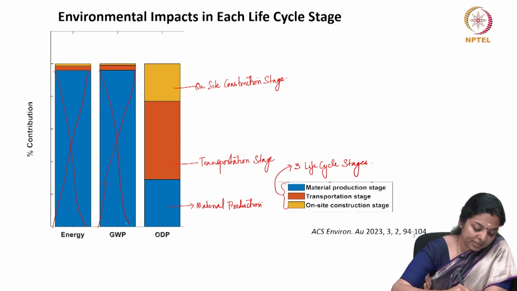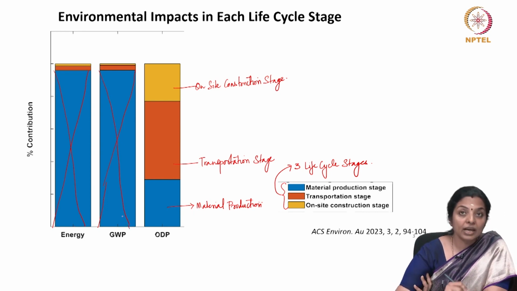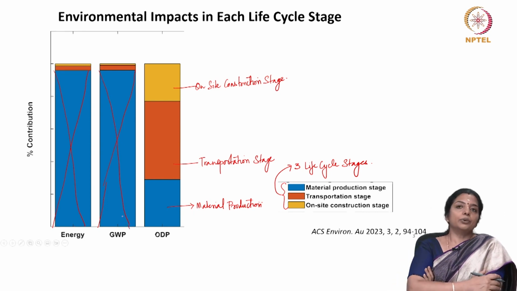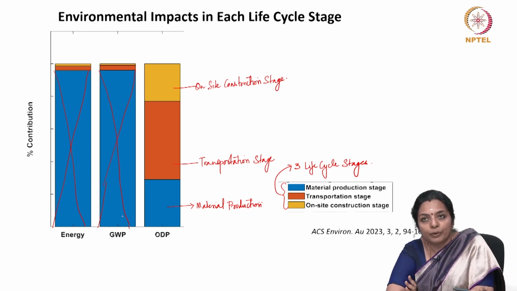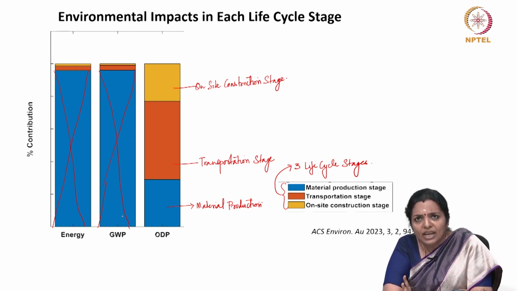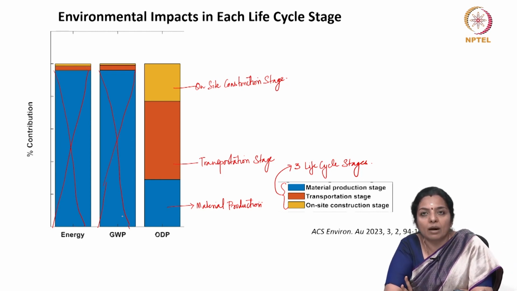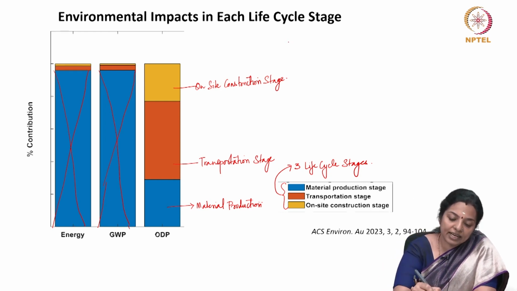It contributes the maximum. Now, to the total environmental footprint of the building, it varies between about 88% to 97%. So about 87% to 97% of the environmental impact happens in the material production stage, and therefore